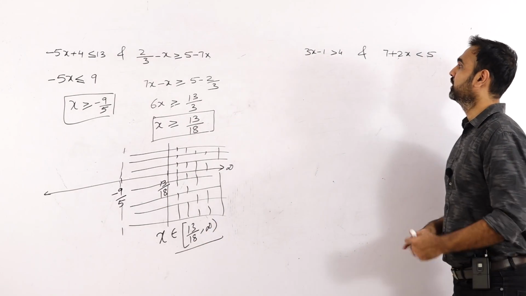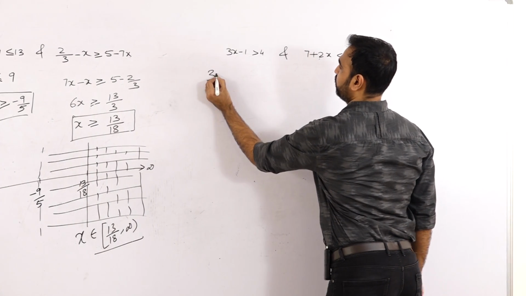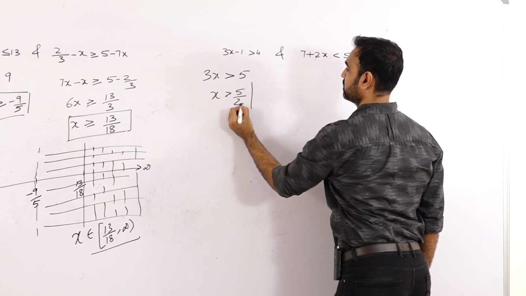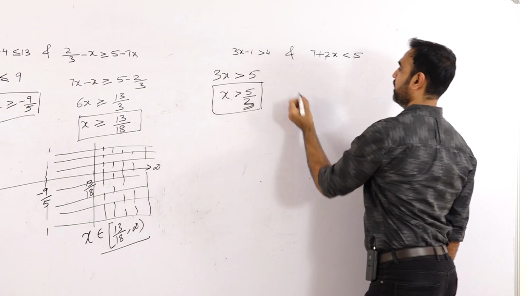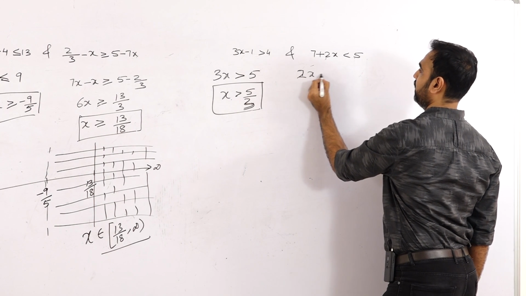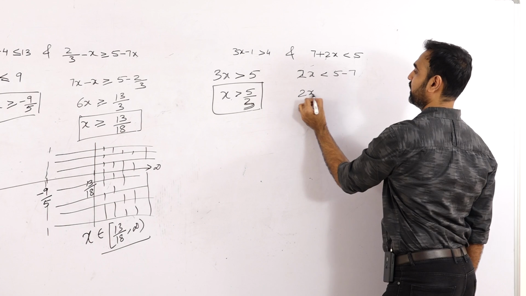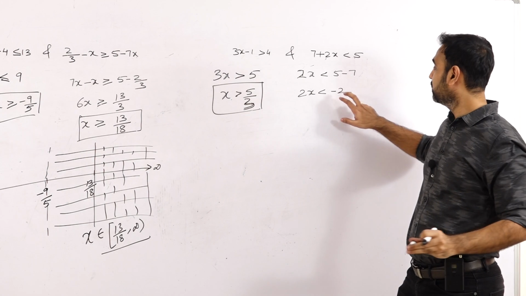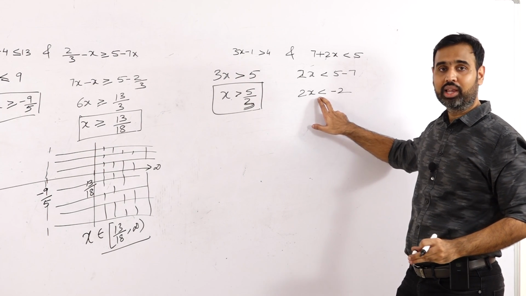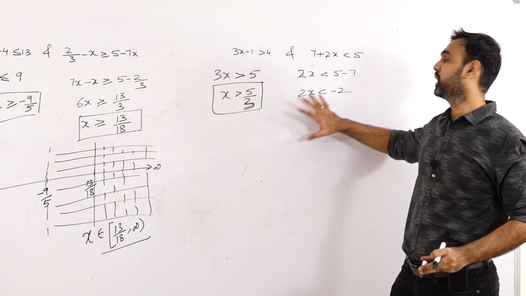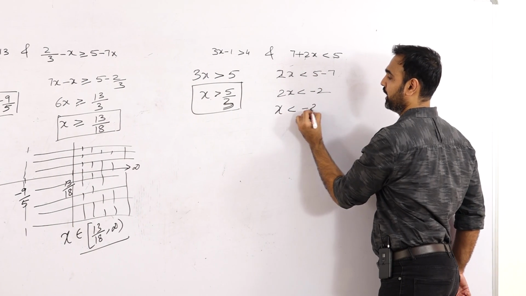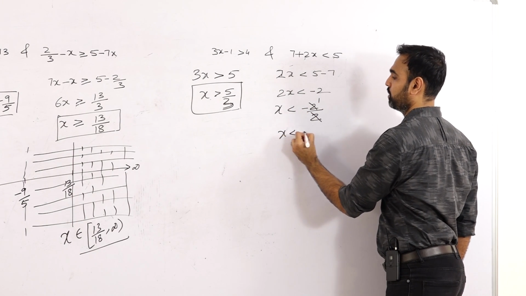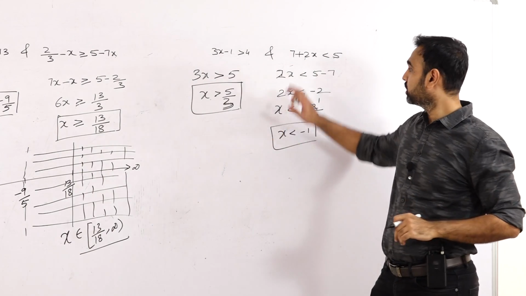Now let us look at this question. Let us solve this first inequation. 3x minus 1 greater than 4, so 3x greater than 5, so x is greater than 5 by 3. This is the first case, x is greater than 5 by 3. And the second inequation, 2x less than 5 minus 7, which is minus 2. So 2x less than minus 2. Now if you are moving a positive value to the other side, remember this negative will not have an impact on the inequality. Which value you are moving to the other side should be considered. A positive value is moved to the other side, so the inequality still remains less than. So x is less than minus 1 is the solution for this inequation.